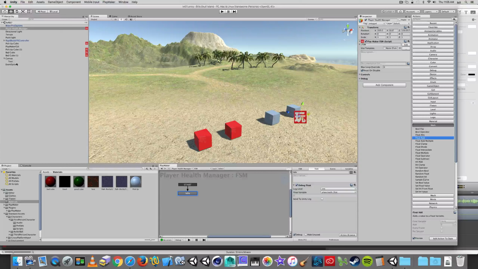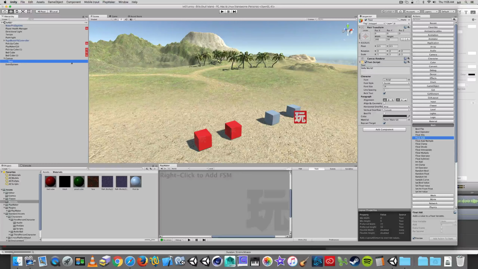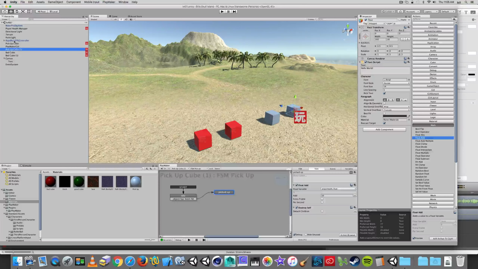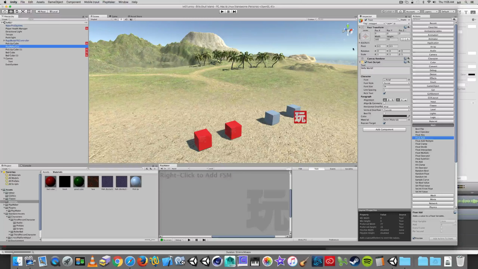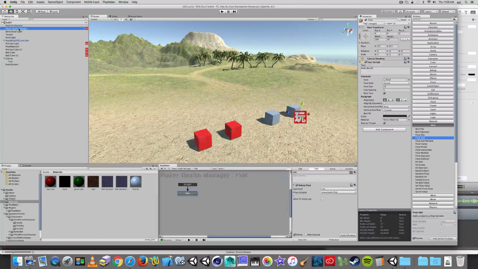So this is the workflow. I'm going to select the text object. I'm temporarily going to go up to the inspector, and over to the right is a little lock icon. I'll click on the lock icon. And what that means is that as I click around on these different game objects, you'll notice that this inspector is not currently updating. Okay, I'm fixed on this text object. That will allow me then to go to the player health manager, identify the state, make sure I'm in the state tab, and now I can grab this text object or this text component and drag it into my